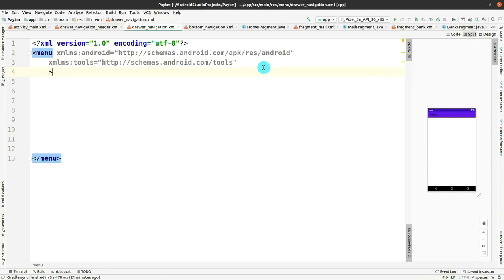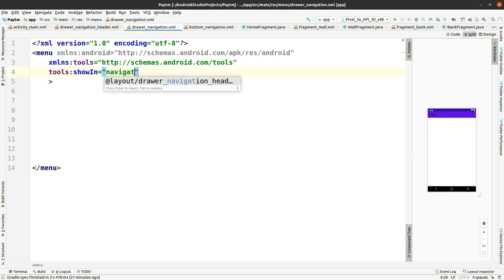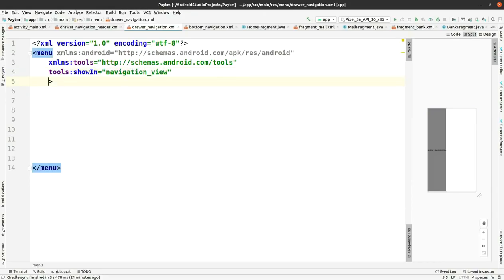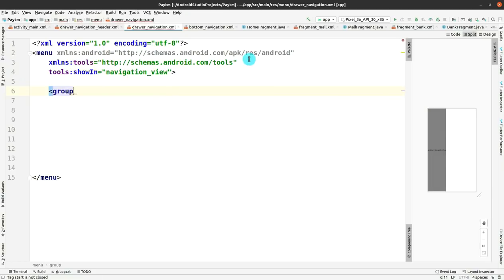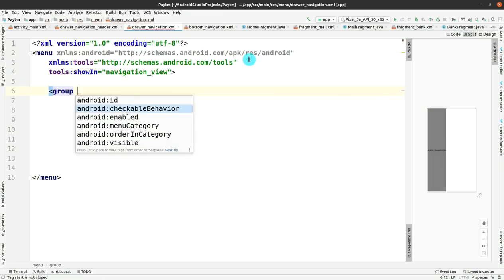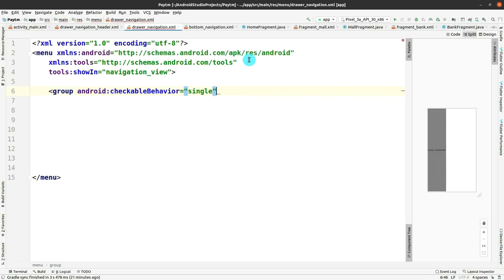Yeah, it is added, and for this I'm using tools:show in, and giving the value as drawer, as navigation view. Okay, so the menu tag part is completed, and now I'm adding the items for it in the group. First of all, let me add the check behavior as single, and within this group you have to add